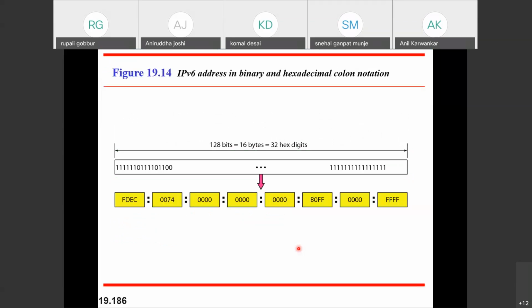This is the typical configuration. 128 bits means 16 bytes, that means 32 hex digits. So this will be the hex digit configuration with colon notation. Suppose you want to assign an IP version 6 address. The IP version 6 address will have a typical configuration of, say, FDEC colon